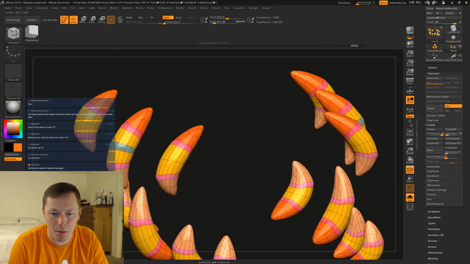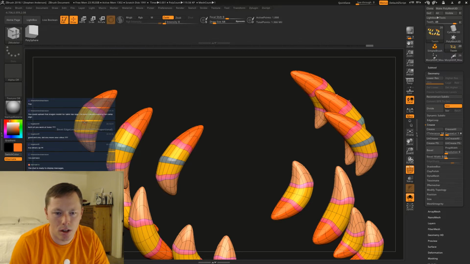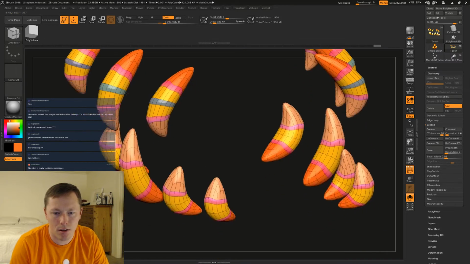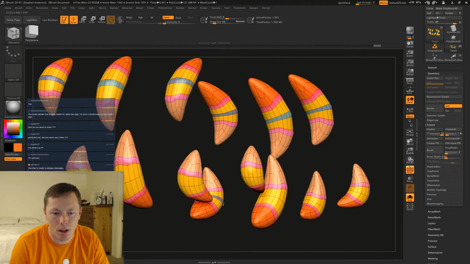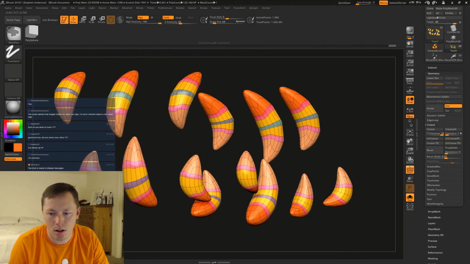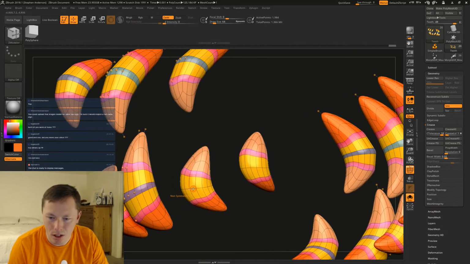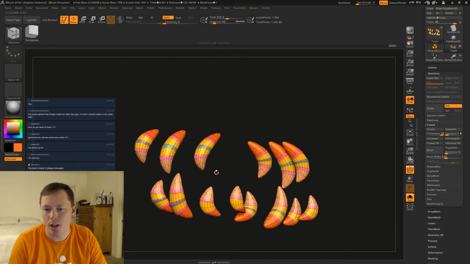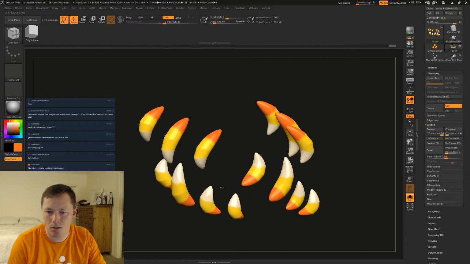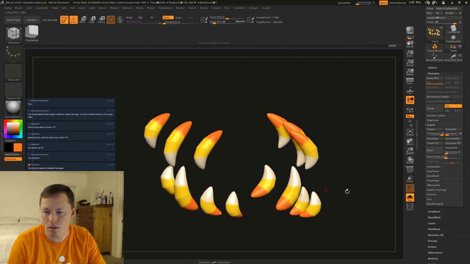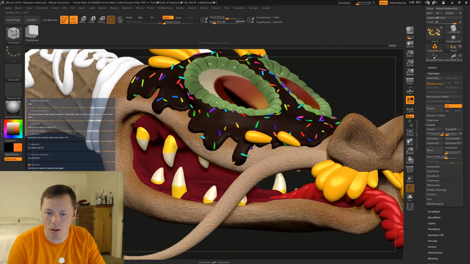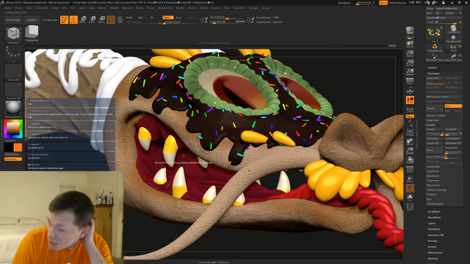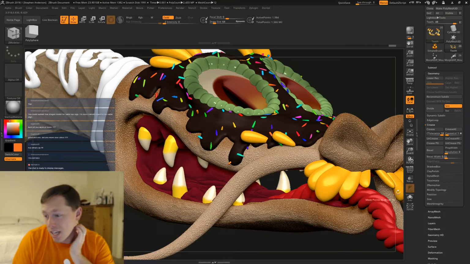Come on, bevel. We're gonna have to check and see what it looks like before we just stick with it. I'm trying to decide if I like that or not.